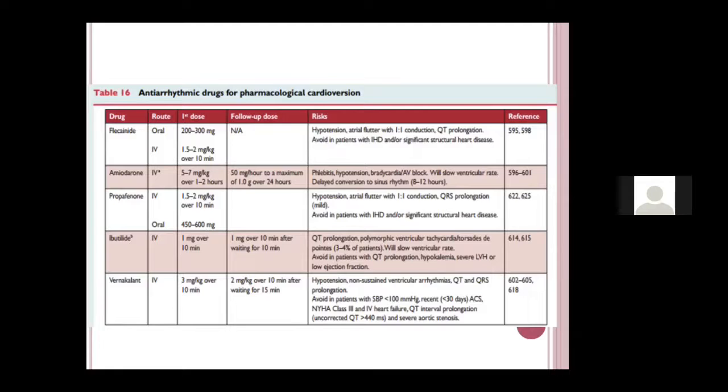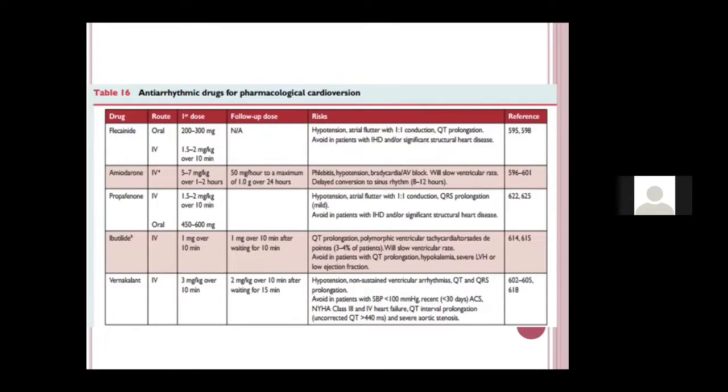And when you give amiodarone, always make sure that you give it in 5% dextrose and not normal saline, because the amiodarone salt can cause thrombophlebitis. So you should always give it in 5% dextrose. The reason being 5% dextrose doesn't cause much hypotension unlike normal saline, and it doesn't cause phlebitis.